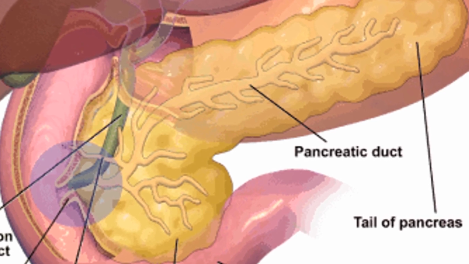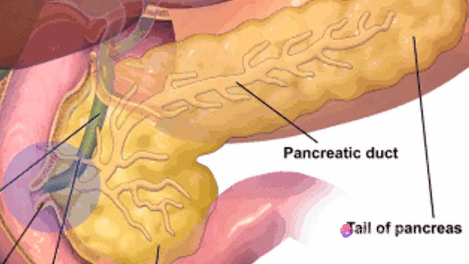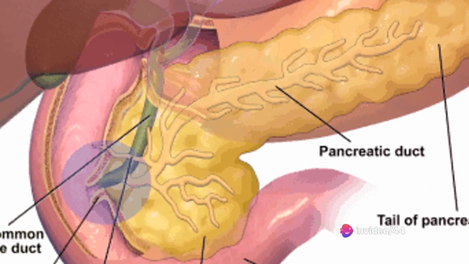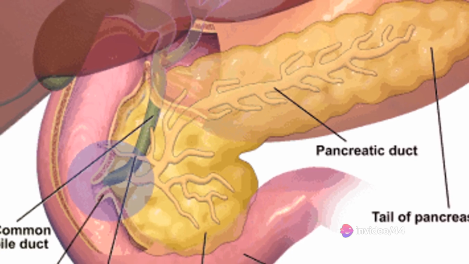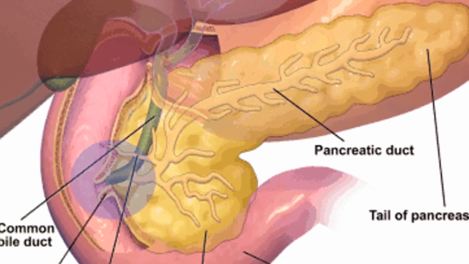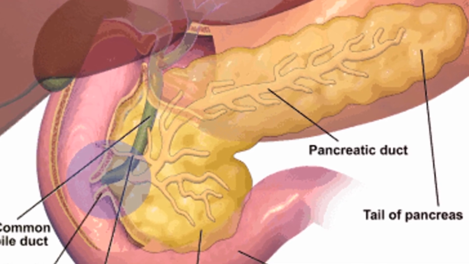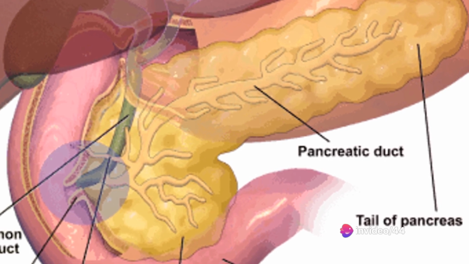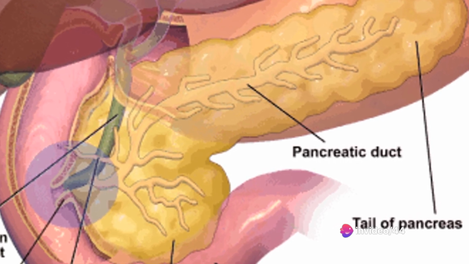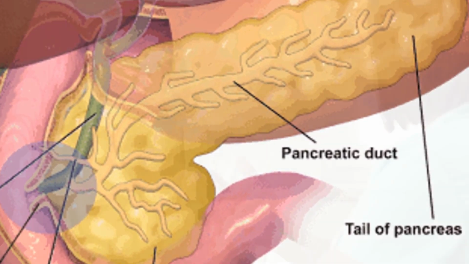Periampullary cancer is a term used to refer to cancer that occurs in the vicinity of the ampulla of Vater. This includes cancer affecting the head of the pancreas, distal bile duct (cholangiocarcinoma), duodenum, and ampulla. These cancers are grouped together because they share similar clinical features and treatment options. Although they are all adenocarcinomas, their prognosis varies. Surgical removal of these tumors, if possible, offers the best chances of a cure.